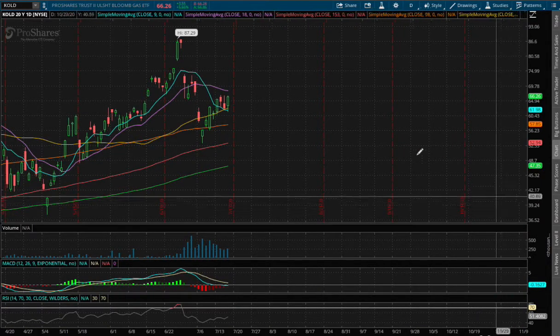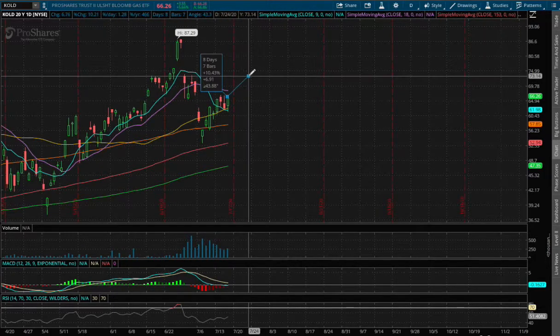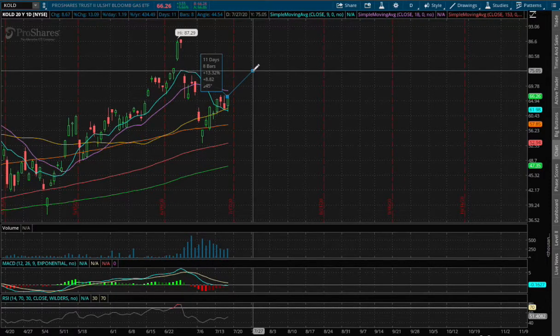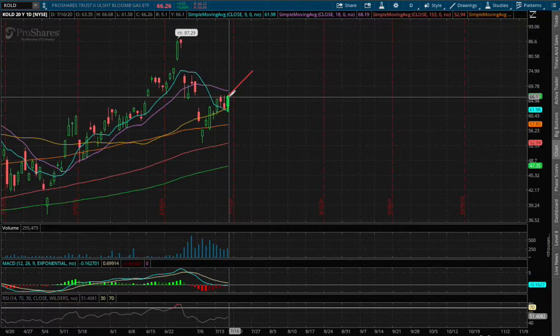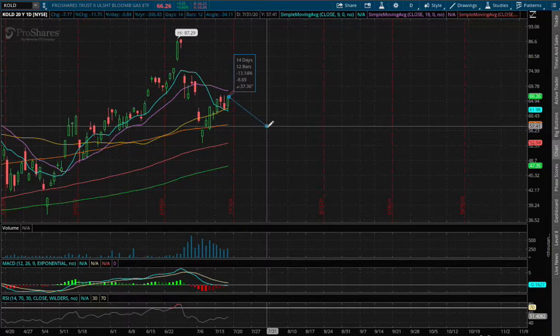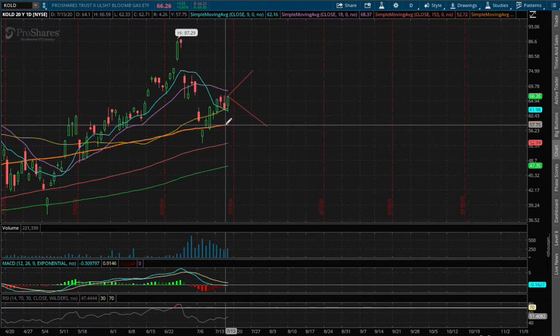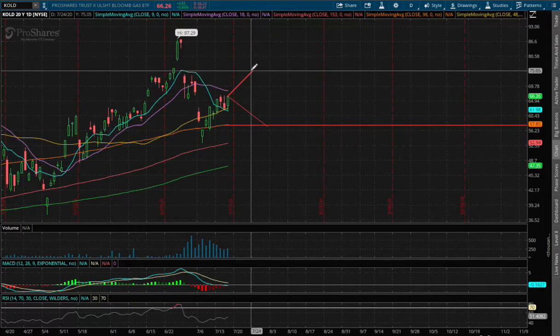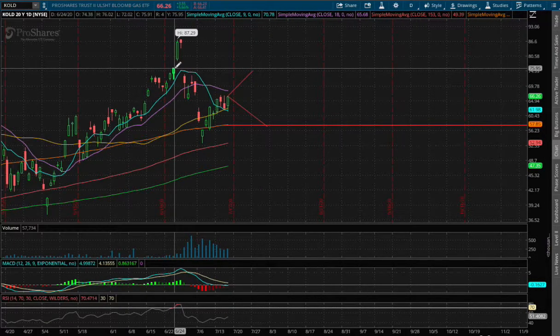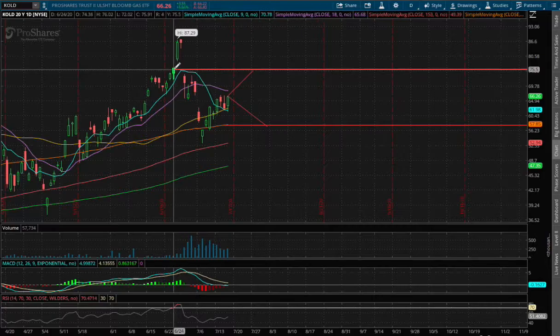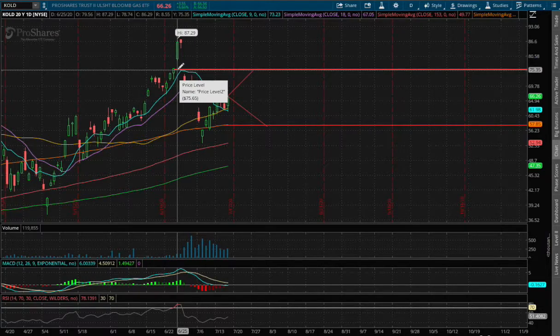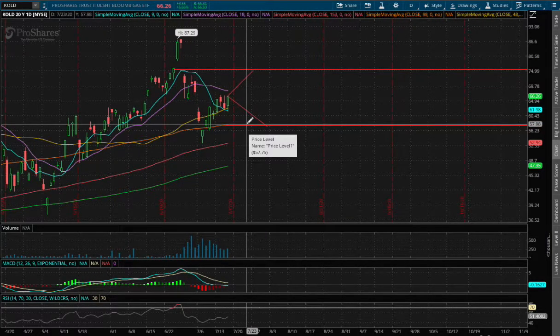So if COLD were to climb 13%, that price level is roughly around, say, $75, and 13% to the downside, that price range is roughly around, say, $57.18. And for the support, that coincides with the 100-day moving average, this orange line. And to the upside, resistance is around the price of $75.65, and we have previous resistance that dated back to June 24th. Again, resistance at $75.35, and support is back in around